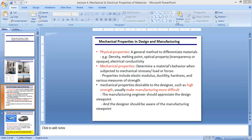So who's the designer here? The designer is a person who's been assigned to come up with a design for equipment or infrastructure, such as a bridge, or maybe a machine, even a car. So it begins at the design stage. All projects have to begin with the concept, then the design comes in, or concept and design together. So the designer has to work hand in hand with the manufacturer,